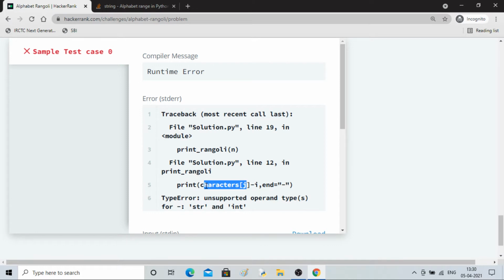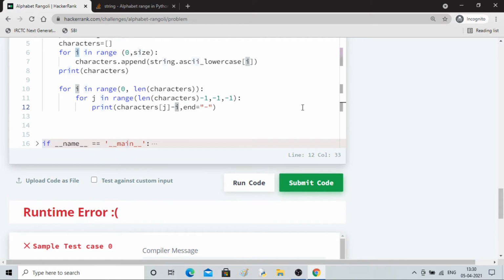Okay, for the unsupported string and integer type. Let me not take here j, j minus.